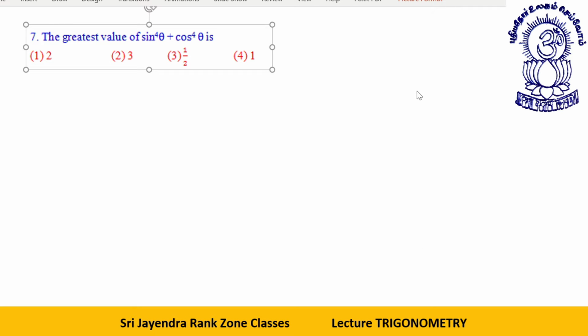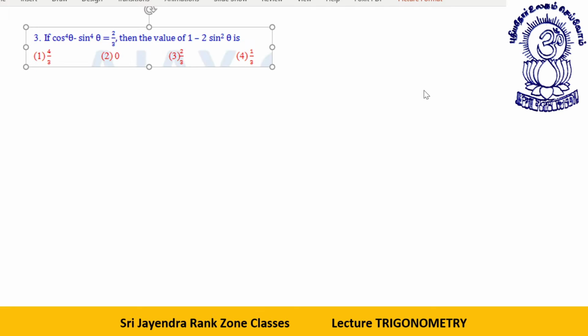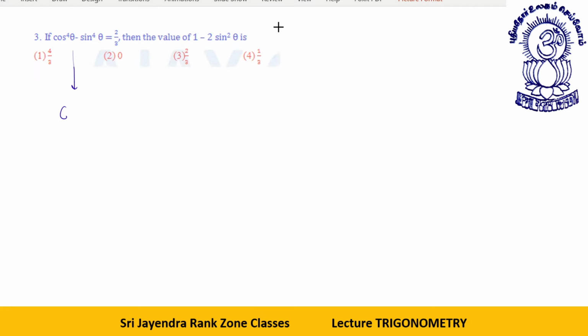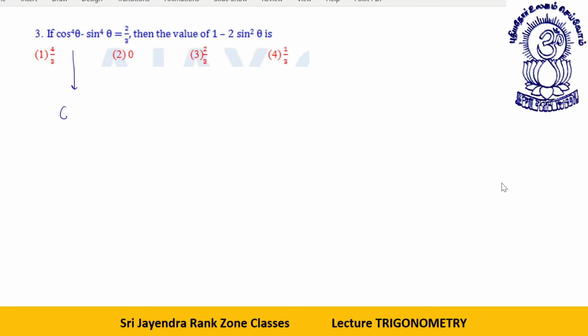The next question we have is again a similar one. Okay, look. Should I increase the size of the question? Cos 4 theta minus sine 4 theta is equal to 2 by 3. Then the value of 1 minus 2 sine square theta is...